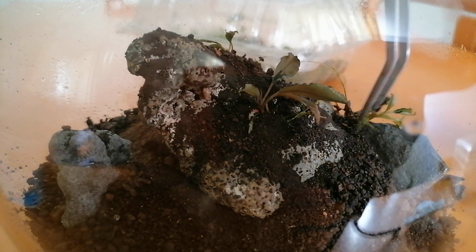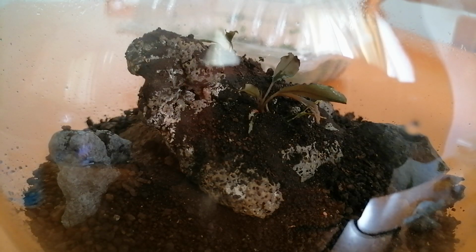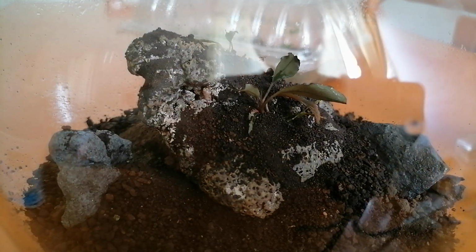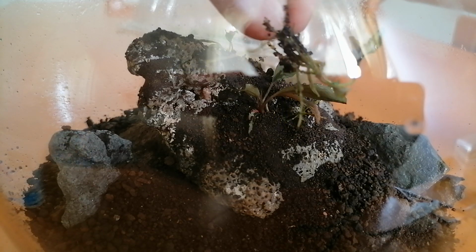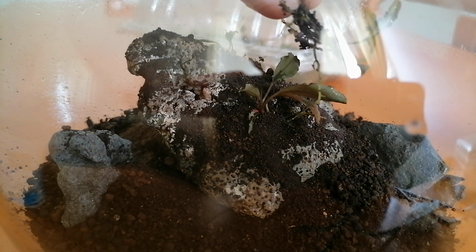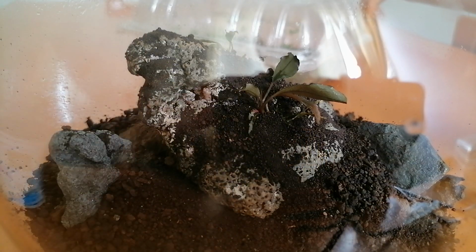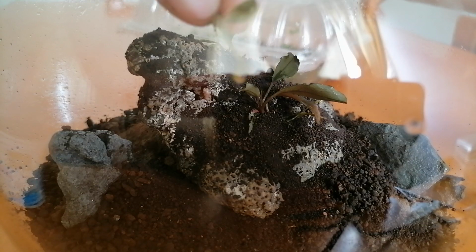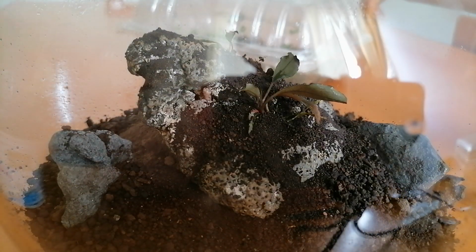Oh no. Like I said, you'll have to excuse me if I'm not skilled with the tongs. Maybe I can cut this into two, you know? Can you see that? It's got roots up the stalk, so maybe I can divide that. One second. So as I suspected, this is one that you could actually divide into two. This little one and this larger one. So I think I'm going to use the little one